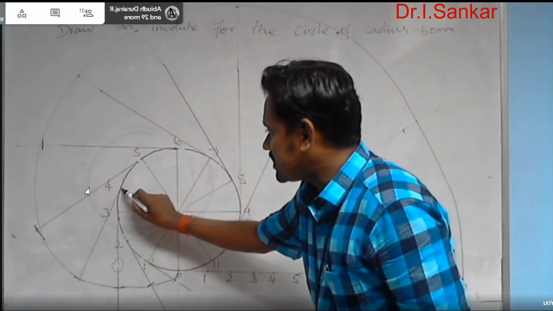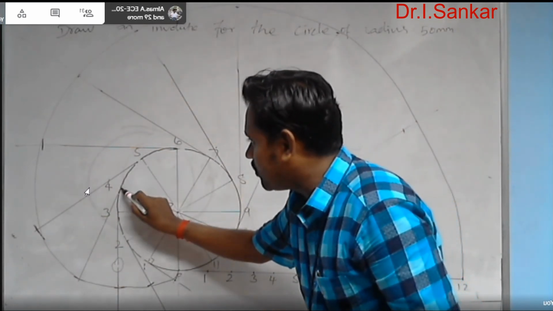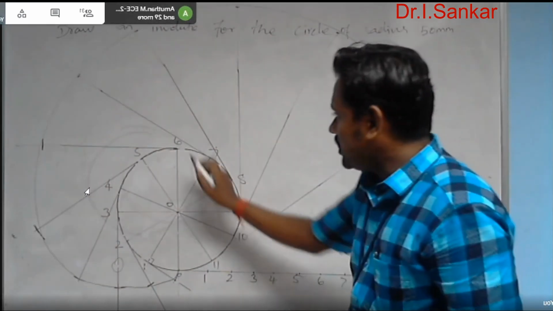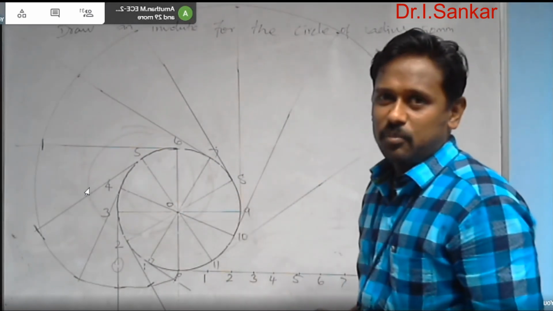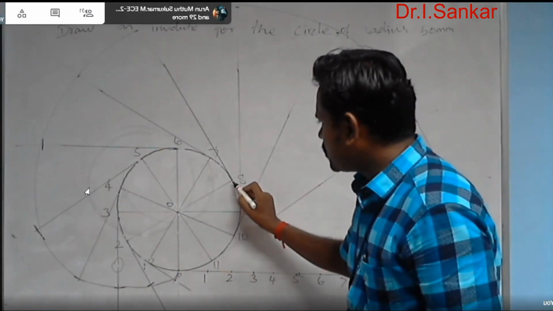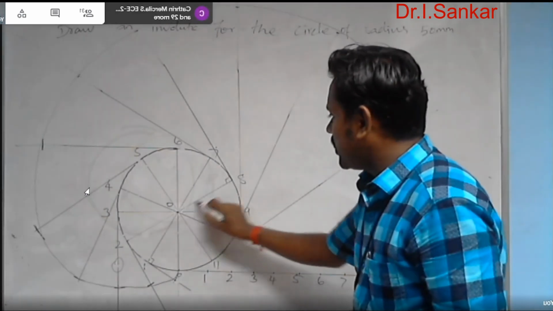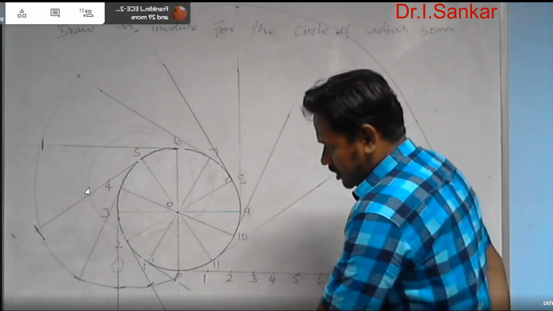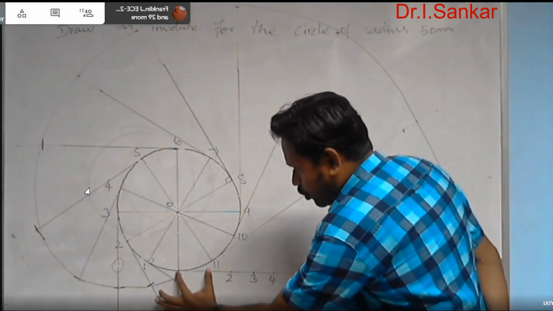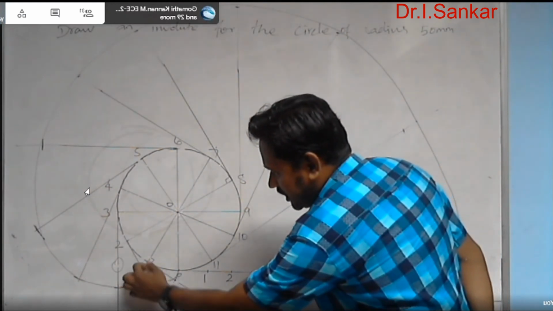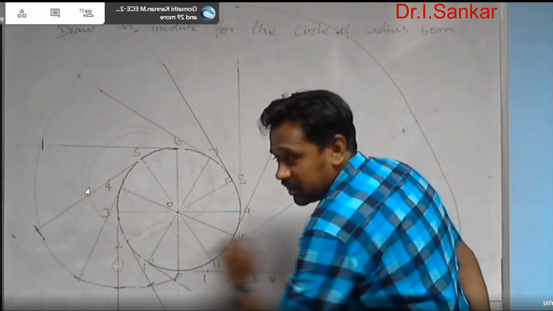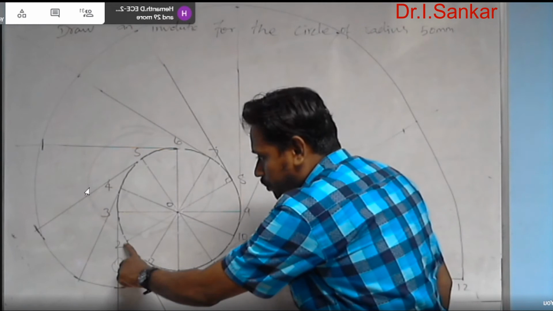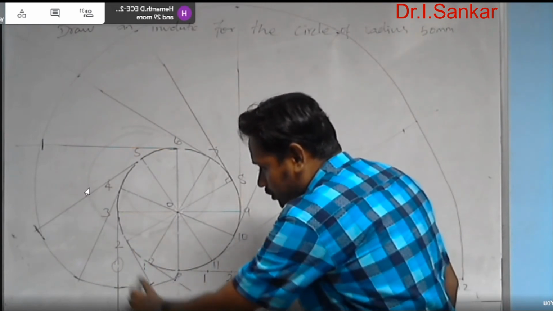And the same way this line is the tangent line for this circle drawn from the point 3. In this way you have to draw number of tangent lines from each and every terminal of the circular periphery, and that should be perpendicular to the corresponding inner line. After drawing these lines, now you need to use your compass, measure 0, 1, and from the point 1 in the tangent of 1 cut an arc. Measure 0, 2, from the point 2 and in the tangent of 2 cut one more arc.